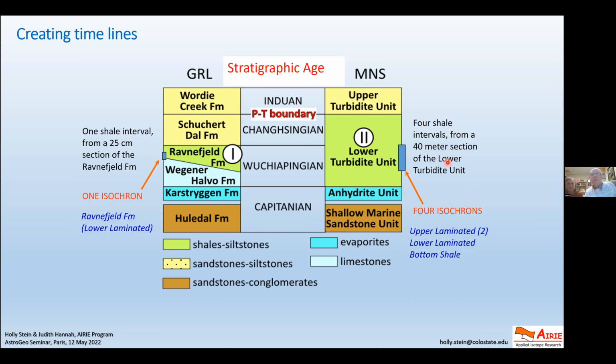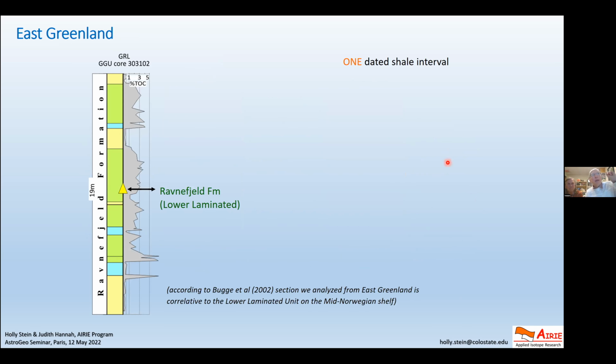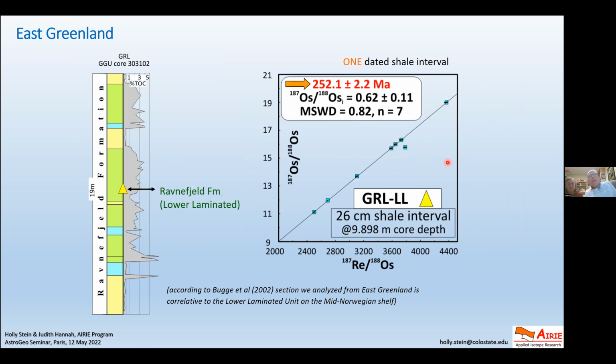These are some of the names for them, but okay, we're in Greenland. We had one core, one dated interval, 252. Now, for rhenium osmium, early days, this was pretty exciting, pretty tight. A lot of the time scale work throughout the record is ±2, so we were very happy with this. And a very nice fit of the line omitting this point, a very nice mean square weighted deviates. This should ideally be around 1. Shales, you rarely get to that, just because of the nature of shales and the heterogeneity that you deal with in the sedimentary environment. But this was the age from Greenland.